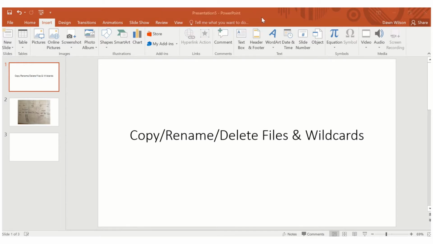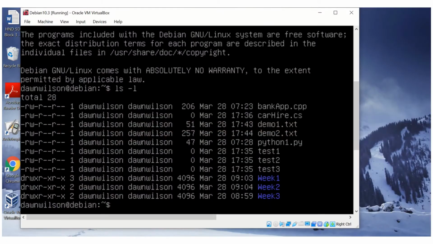Okay, let's get started. So again, I've logged back in as the Ron Wilson user, just because I've got quite a lot of files already created in there, so it makes it a lot easier for this particular video. First thing I'm going to do is copy a file within the directory. So as you can see here, here's a list of everything in my home directory. You'll recognise a couple of the ones that we created throughout the videos, so the test 123, the demo 1,